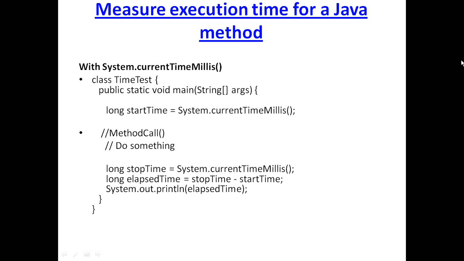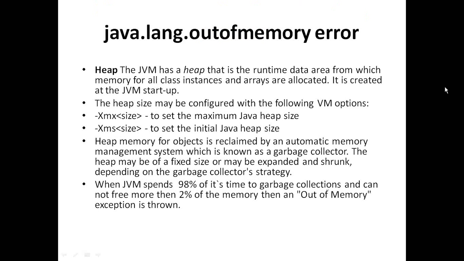So we should understand the performance of a class by the performance of its method, how much execution time it has taken. So the best way is to use System.currentTimeMillis. As you see in the current example, I have taken long start time and long stop time. In between start time and stop time, I have the method call. The method does something. So when I take the difference, I get the time elapsed, in milliseconds, how much time the method has taken. So suppose if my method is taking a lot of time, I can improve the coding in the method. I can decrease the lines of code, and thus improve the performance of my class overall execution.